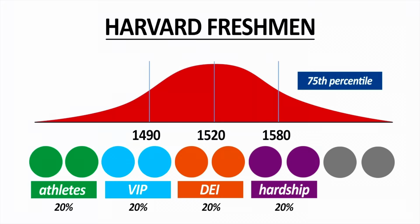At the top universities, students are admitted holistically, which means they're admitted based on how well they fill different buckets or how well they fill different university needs. So let's look at that Harvard SAT bell curve again. For the sake of argument, I'm going to simplify some of these numbers, but I think it'll make the overall impression much clearer. So for example, we can safely assume that roughly 20% of students admitted to Harvard are recruited